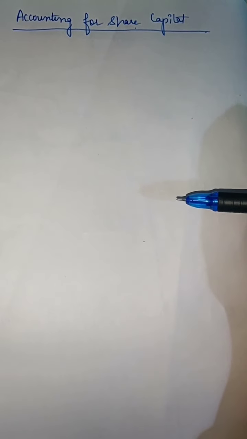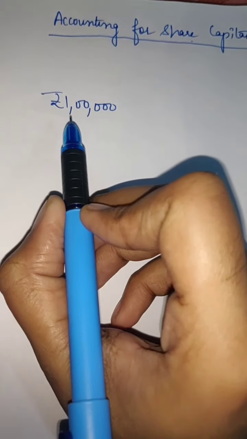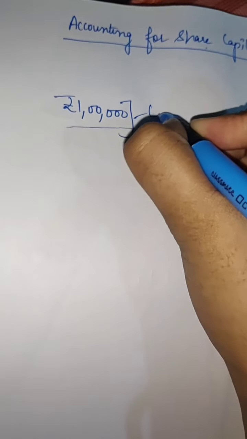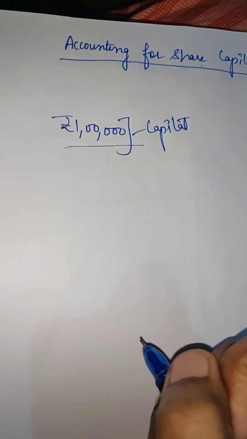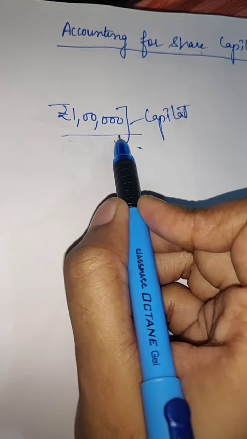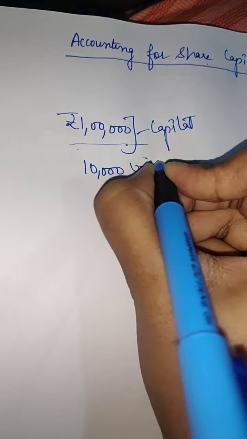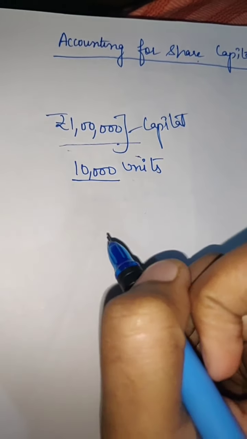What is share? So basically you know that every company needs finance to operate their business, and at some point they need finance from other financial institutions. So they have many options to arrange the finance, but the most common option which is used by the company is share capital. Let's suppose a company wants to raise a capital of 1 lakh. This is capital. Okay, so if they divide this total capital into small units, let's suppose we divide 1 lakh into 10,000 small units, then each unit is known as share.